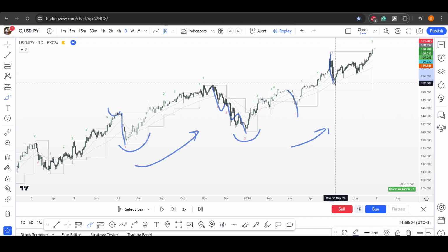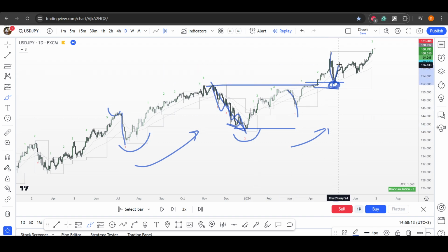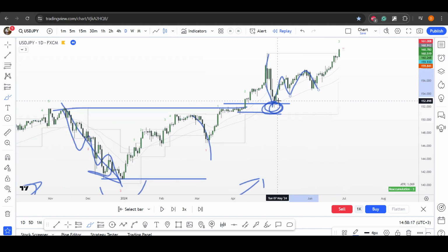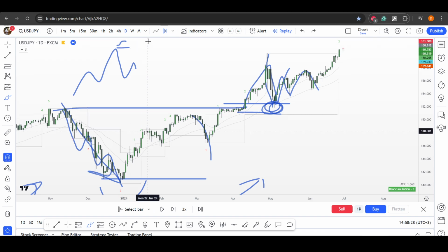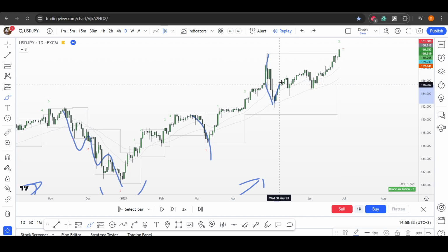After this down move, price reacted to this zone, or to this bigger zone, this bigger down move, reacted and started to build a move up. And as we know from the basic theory that again is described in many videos and playlists here, when you have something like this, your target becomes this high and above, because the markets move in this fashion. And so the price started this move to the upside from the zone,